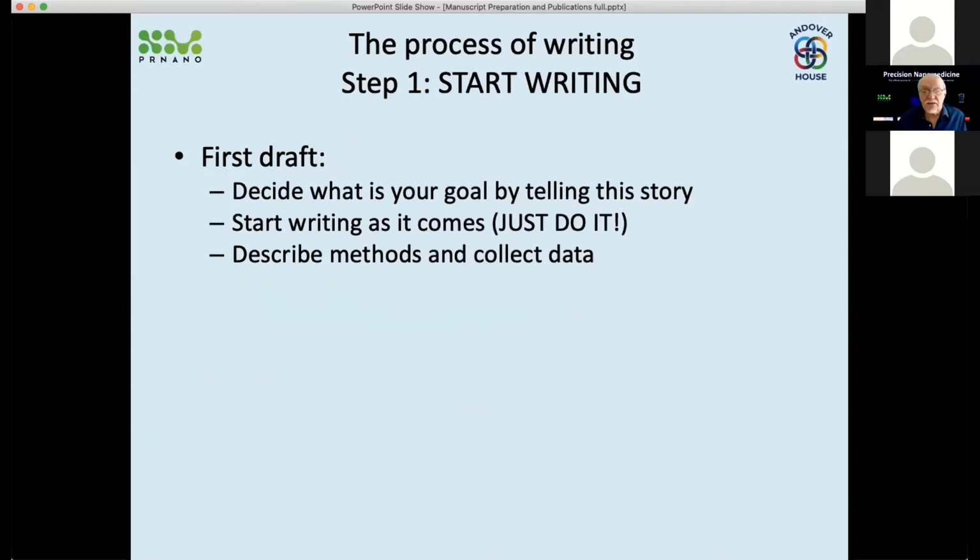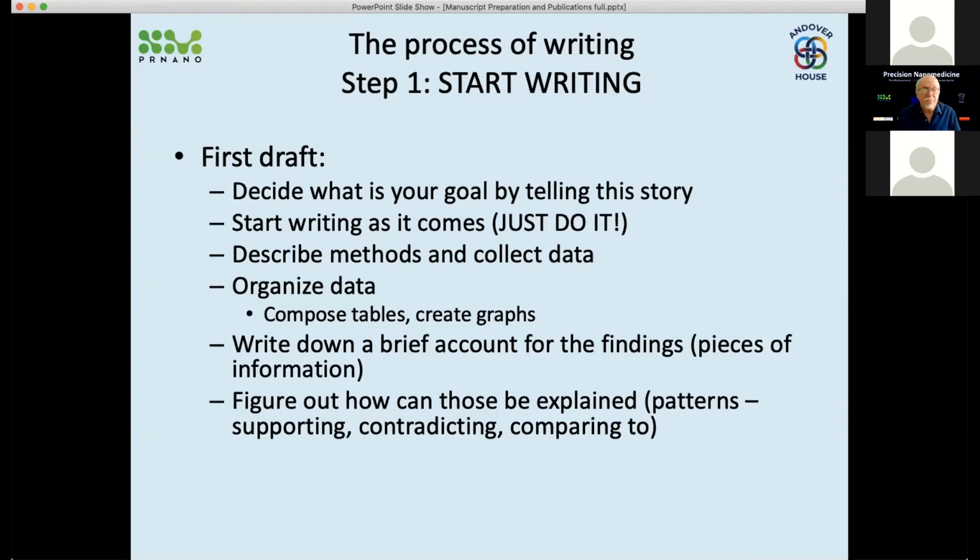Not just tell a story. Not every story is interesting, but every piece of scientific information and correct knowledge is important. We don't know at the moment we publish it how important it is, what the significance is. We're trying to figure it out, but I usually don't believe in that. Of course it's important, it's my research. So anyway, start writing as it comes, just do it, describe methods, usually they come from others,